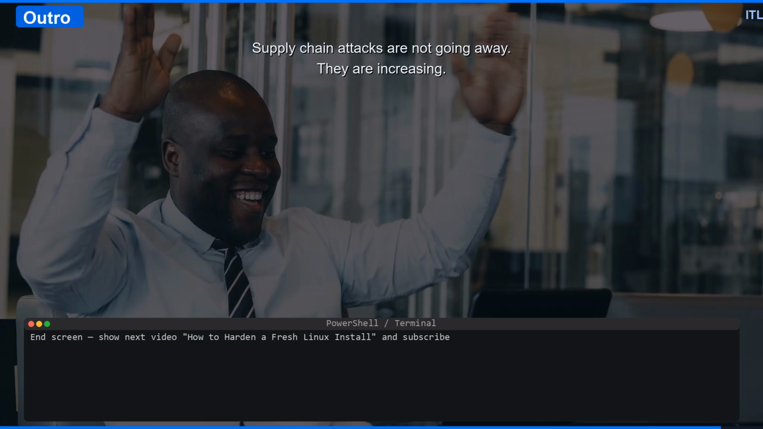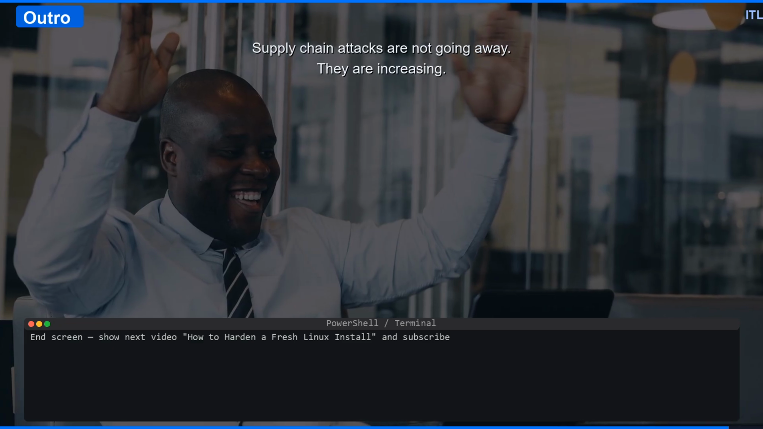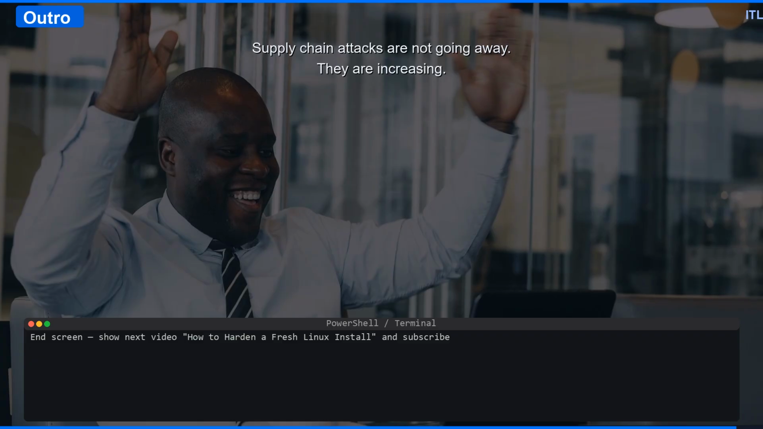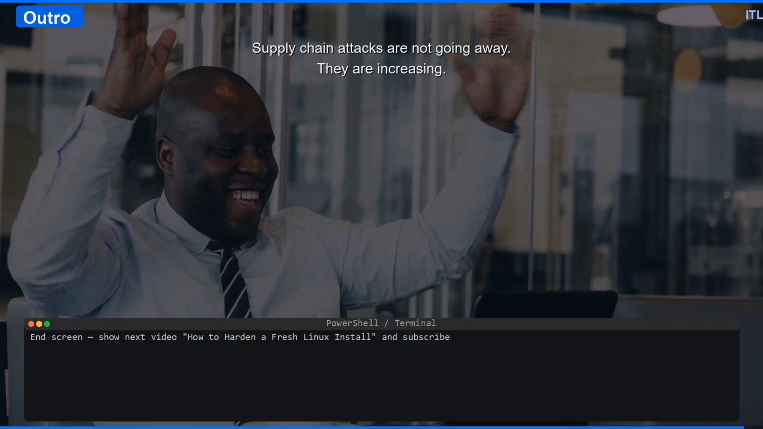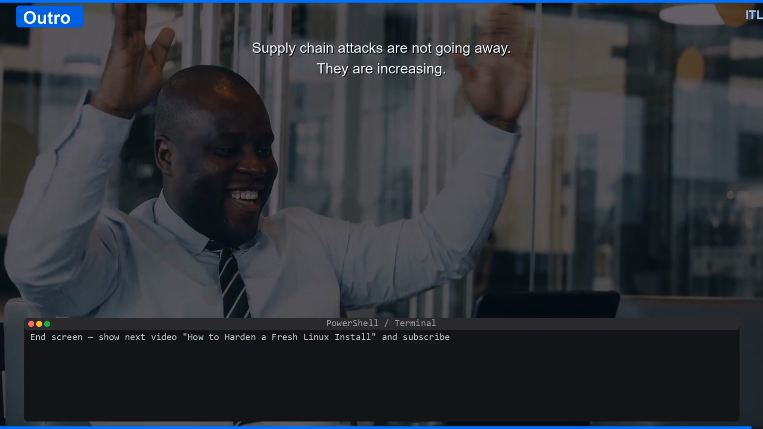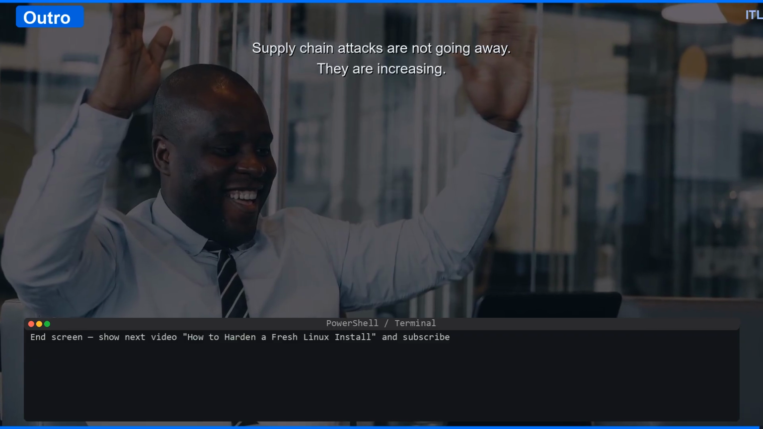The second payload was an eBPF rootkit. Let us unpack that. eBPF stands for Extended Berkeley Packet Filter. That is a mouthful. Here,